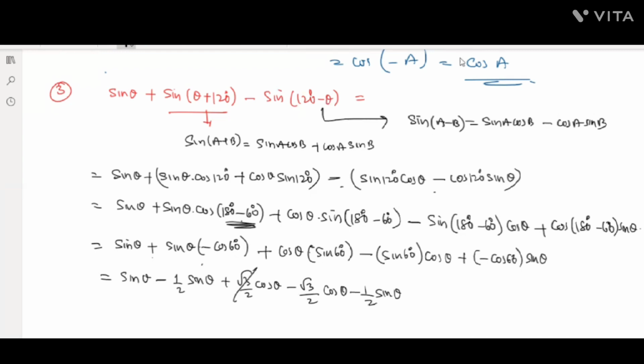If you look at the remaining, this is sin theta, this is minus half sin theta, minus half sin theta, meaning sin theta minus sin theta, which is 0. So this is the way how we can find this problem. So next, one more problem. Let's